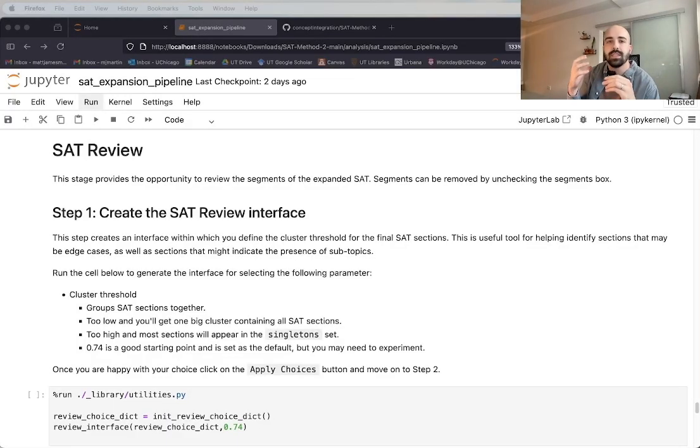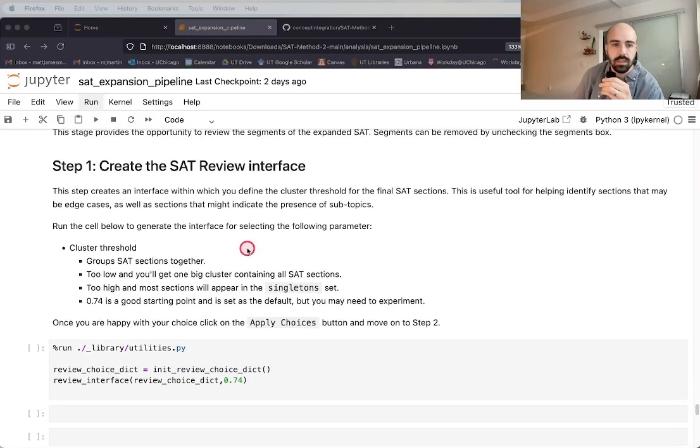Stage 3 is SAT review. As you work through the expansion process shown above, you're building a curated collection of text segments that represents your emerging topic definition. Each segment is grounded in actual corpus text, not abstract definition. And the SAT review stage is where domain expertise becomes crucial. You now have a collection of semantically related segments, but does this constitute a coherent, theoretically meaningful topic for your